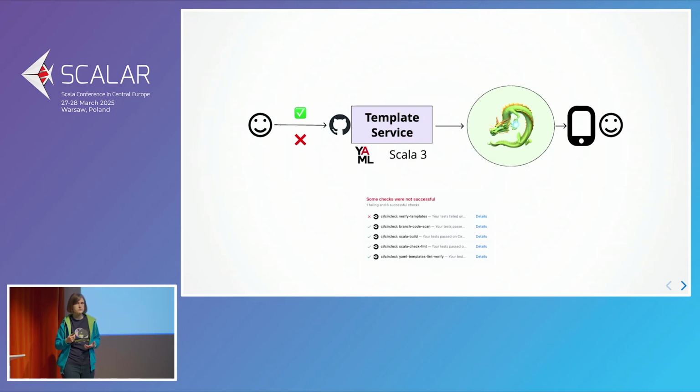And with GitHub branch protection rules, you can actually ensure that it's not possible to merge a pull request which is incorrect. So our idea was to make sure that we put as much validation as possible in that initial step of preparing a pull request and then trying to merge it.